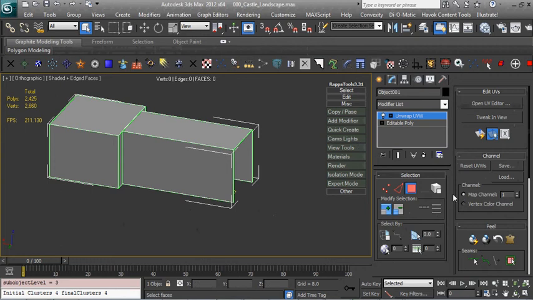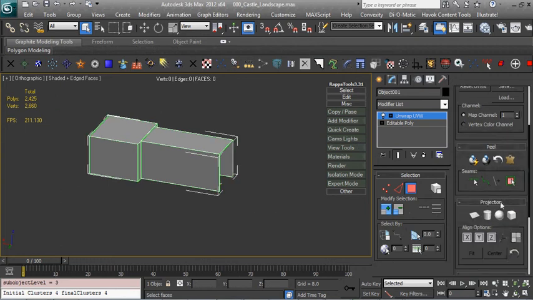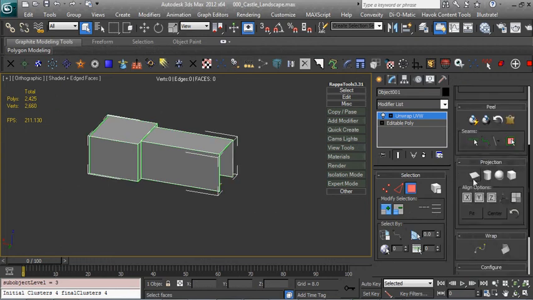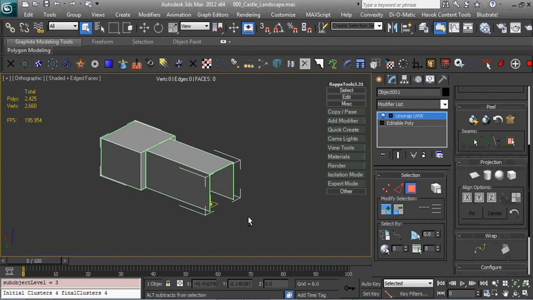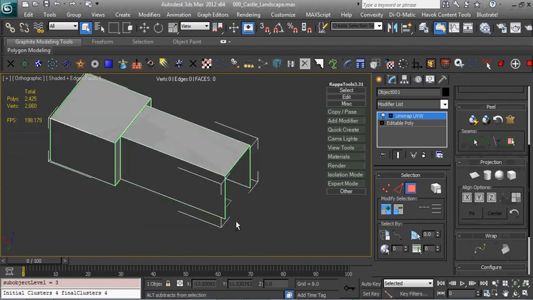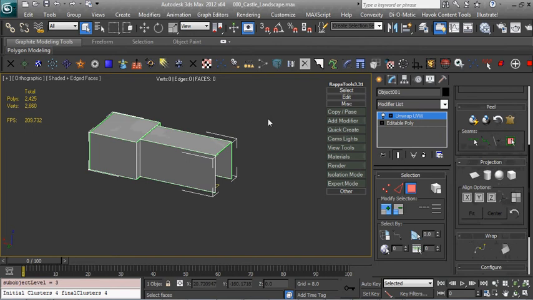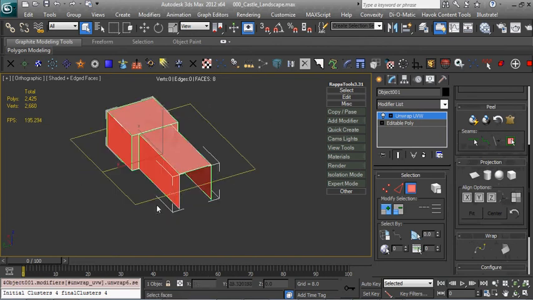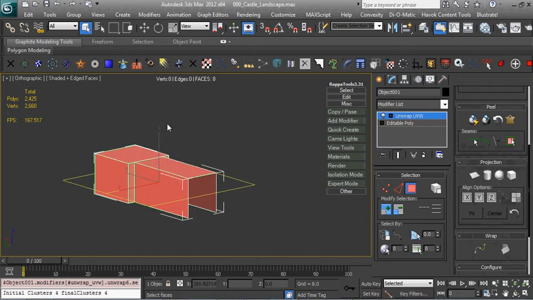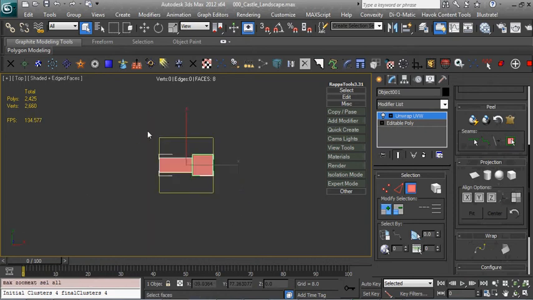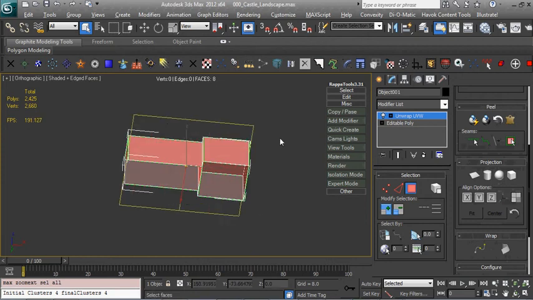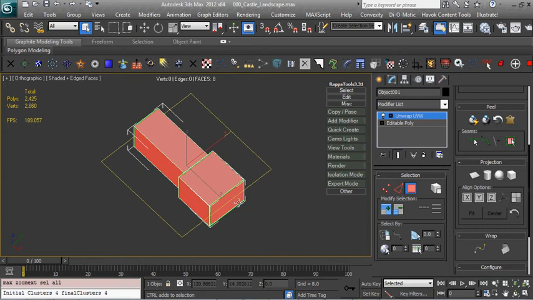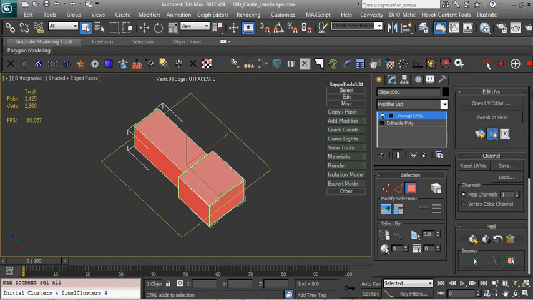So the first thing we'll get into is the projection mapping. This is pretty straightforward. Whenever you select something, this yellow thingamajig is the projection map. So right now, essentially, it's looking up at it, and probably looking down at it too. And this is why, if we go into the UV editor,